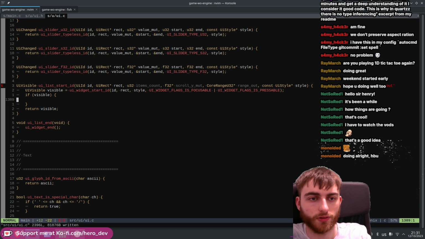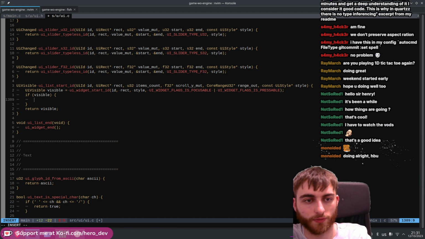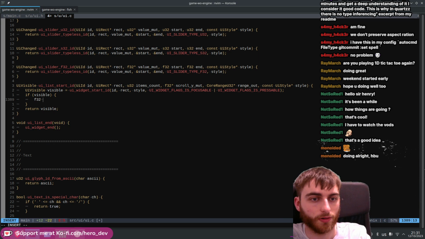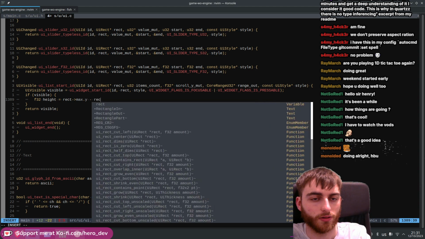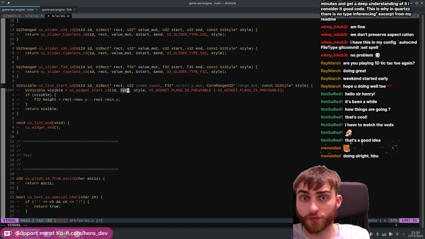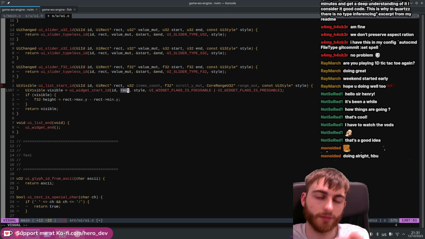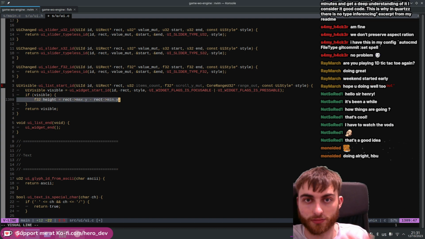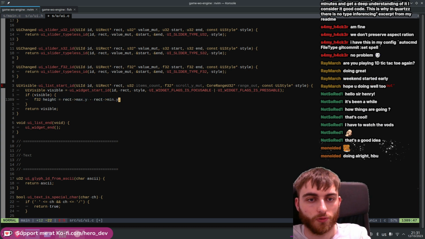We can say, right, given my height, which is 6'6", but anyway, given the height of the box, so rectangle max dot y take rectangle min dot y. This is the one where rectangle's passed into here, it's modified, it's had the border applied and the padding applied, which then means that this is the inner height of the list. So what we can do is we can now say,